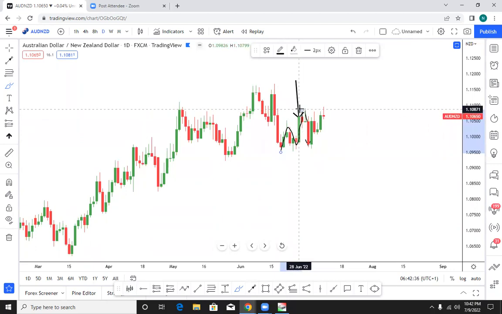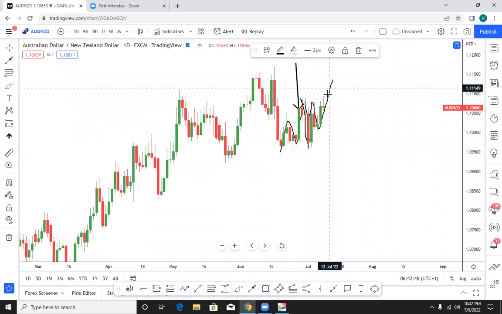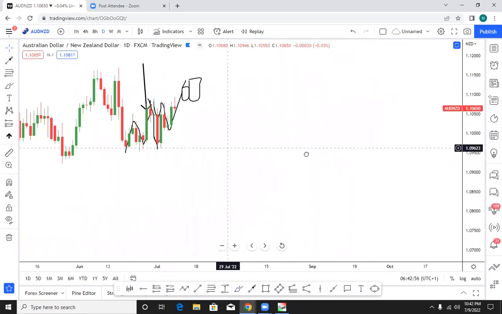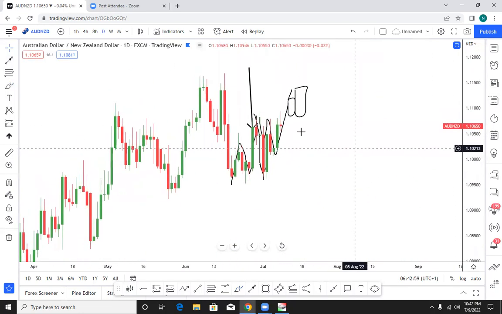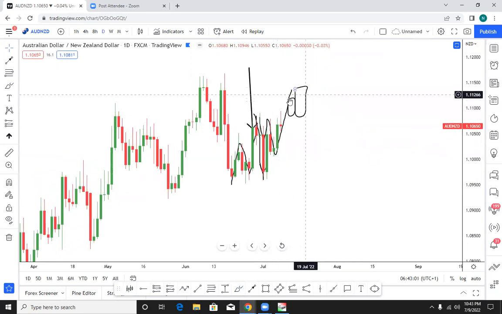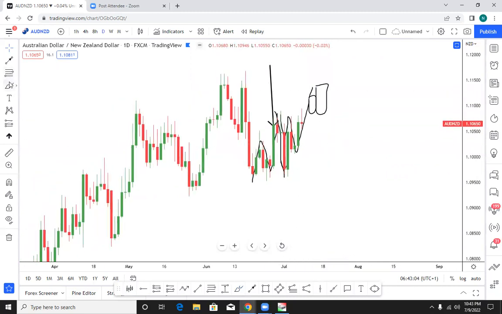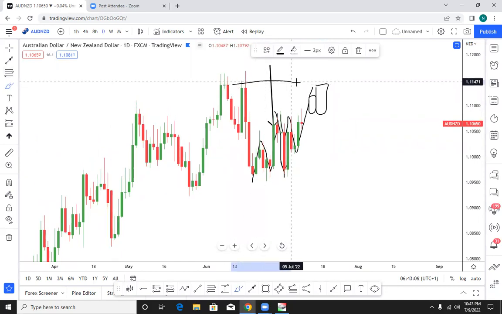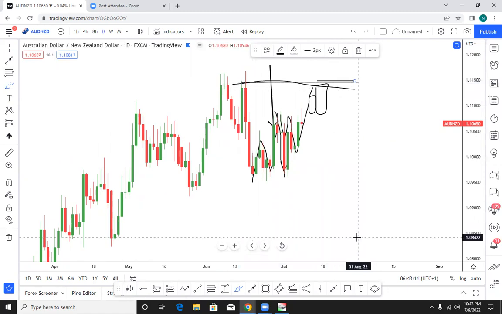You see this one moved up, three waves up, a move down, and we're expecting another three waves up. It is only when we get to this level here, maybe you still see a bullish candle here and you see a bearish candle here on a daily chart. As soon as I see a bearish engulfing candlestick at this level, I know definitely this market is not going to go beyond this level before we sell.